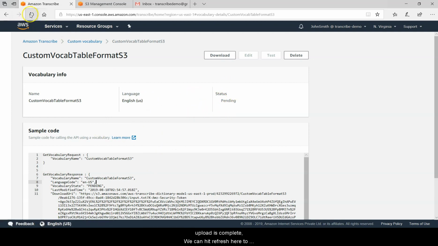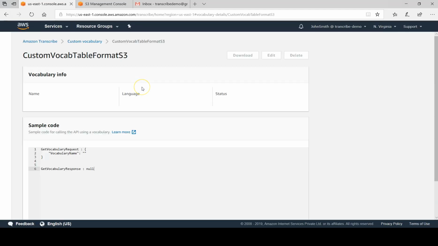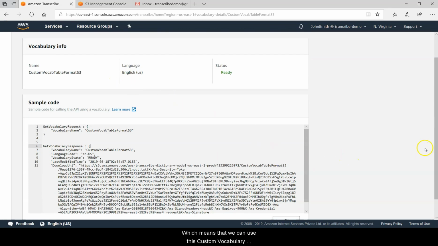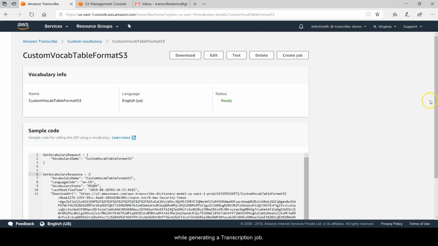We can hit refresh here to see if the status has changed or not. So we can see the status is now ready, which means that we can use this custom vocabulary while generating a transcription job.